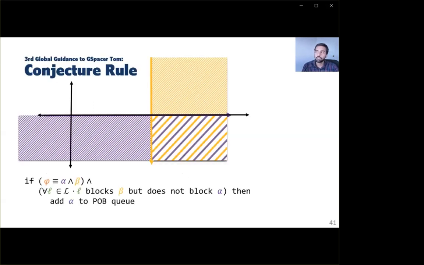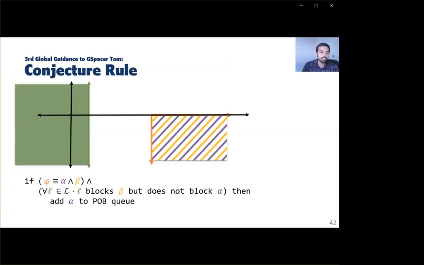Now, the third and the final rule for global guidance is the conjecture rule. It is applicable when the proof obligation Q has two regions, the violet alpha region and the yellow beta region. And there are a bunch of green lemmas that block only one part of the proof obligation. In this case, all these lemmas block the yellow beta part of the proof obligation, but none of them block